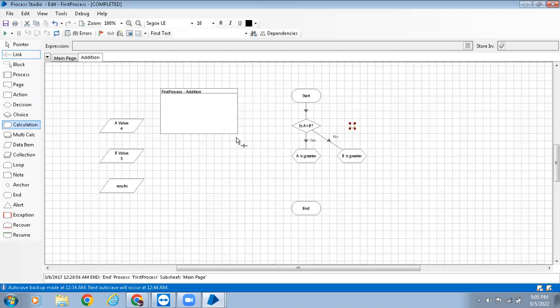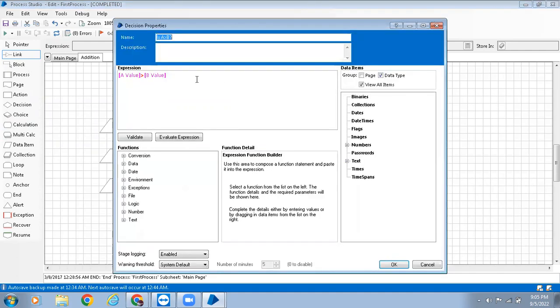As you know, this is a choice. This is a decision stage. A decision stage is going to give two outputs. There will be one input to this decision and two outputs. What are the two outputs of this decision? Decision will always give either a true value or a false value. So let's say if A value is greater than B,